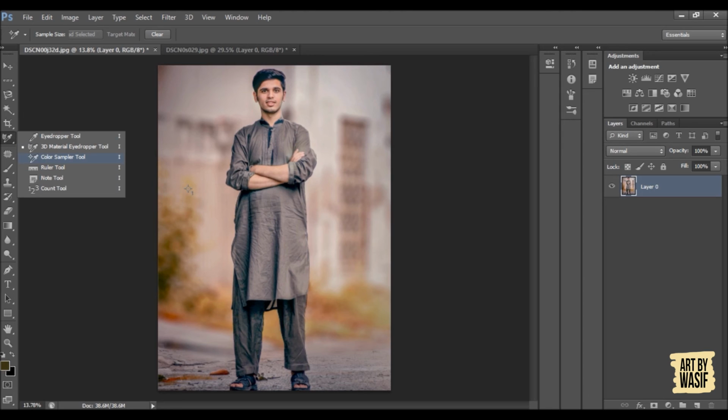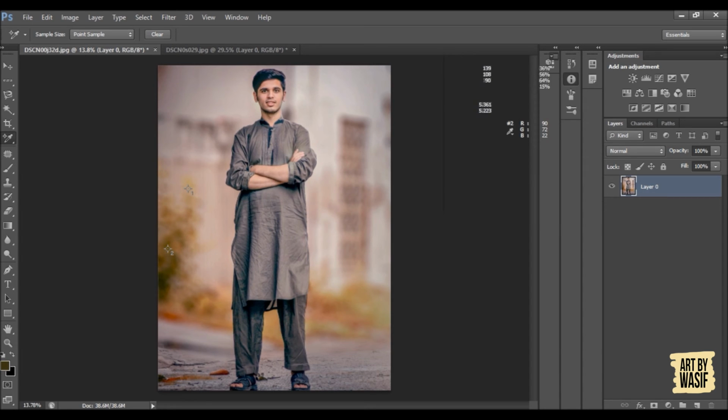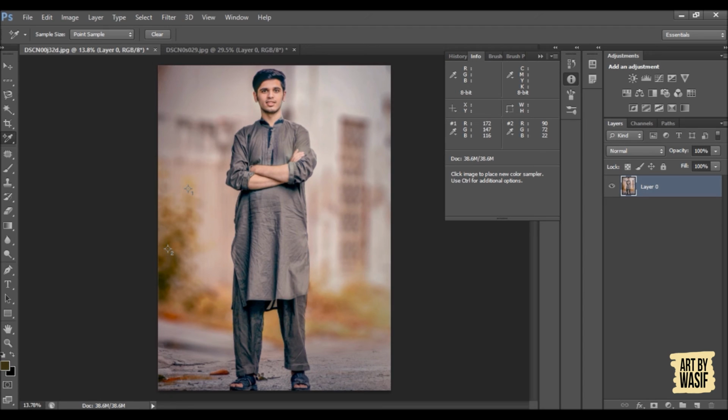Color sampler tool. Color sampler tool is a tool which lets you know the amount of different colors in that photo. If I click on this area, here comes a box which displays how much intensity of colors are in this photo.